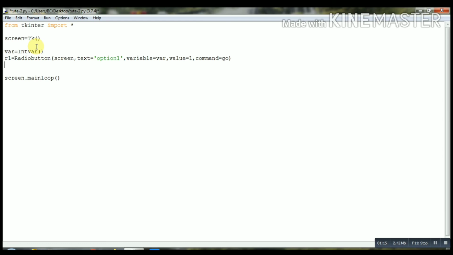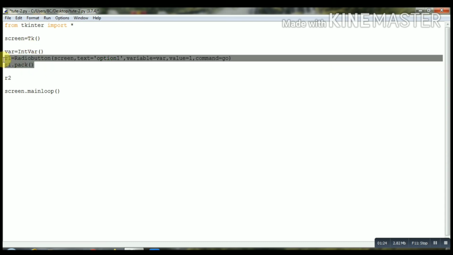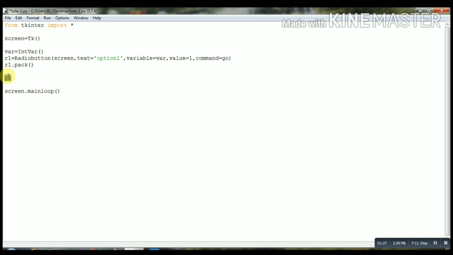Now R1.pack I'm using, you can use place or grid. Now I am creating another one, R2. So let's copy this, paste, and change it to R2, and text as option 2. Also the value, we have to give it value, so let's give it value as 2.